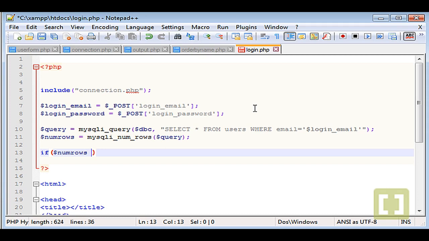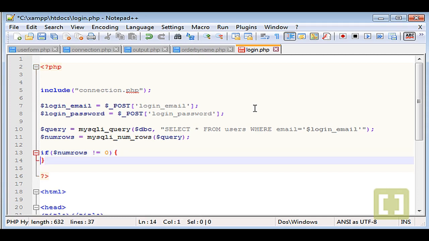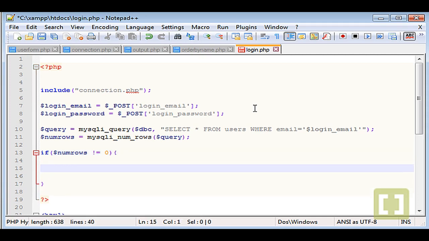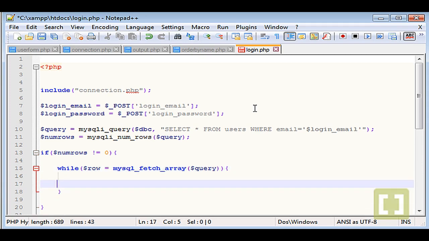If num rows is not equal to 0, which means it's 1, do a while loop. Now we create a new variable, row. We're going to use the mysqli fetch array with